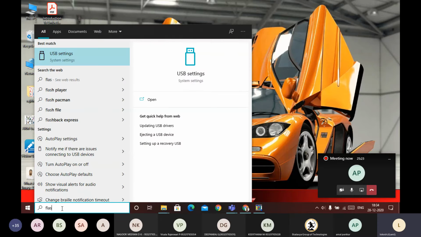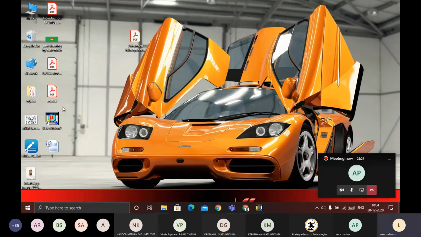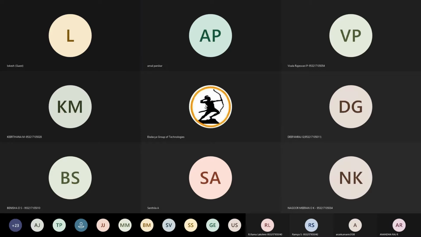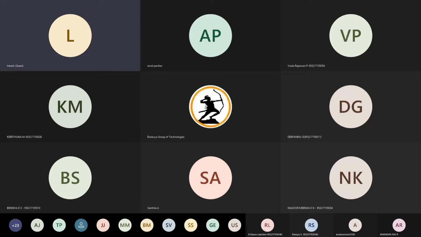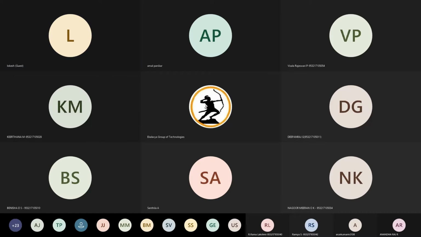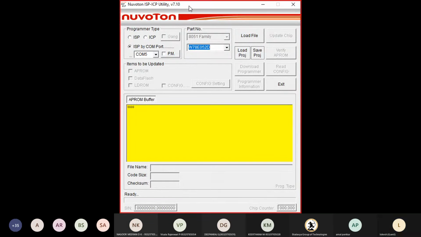So here we are using one more thing, which can be called Newton ISP utility.